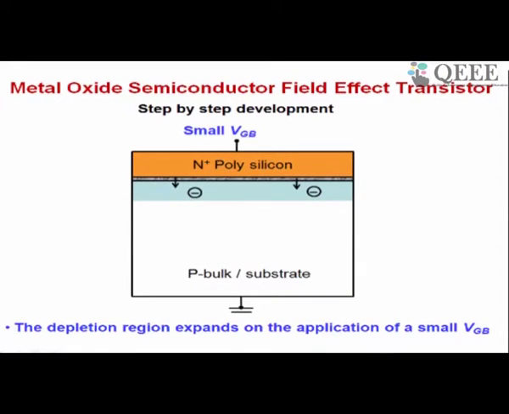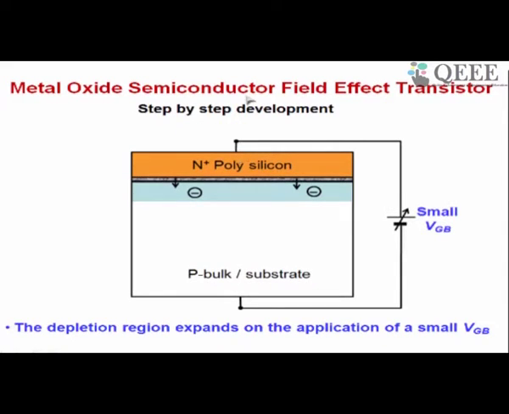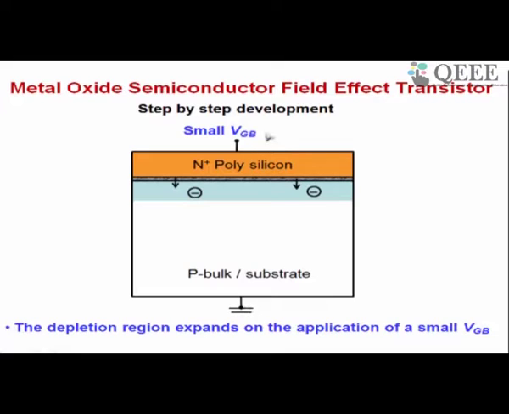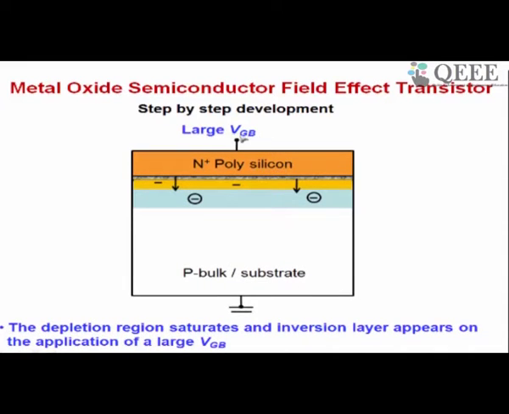Let me show this simply as in this slide, okay. So here I had shown it as a complete circuit diagram. Since I am going to add more features to the diagram, I want to make the diagram simple. So I want to remove this wire, right, from the diagram, but I have to apply the voltage. So that is the same thing shown here in a simple way. This is shown as grounded and this is shown as a point to which a VGB is applied. Okay. Now let me increase the VGB.